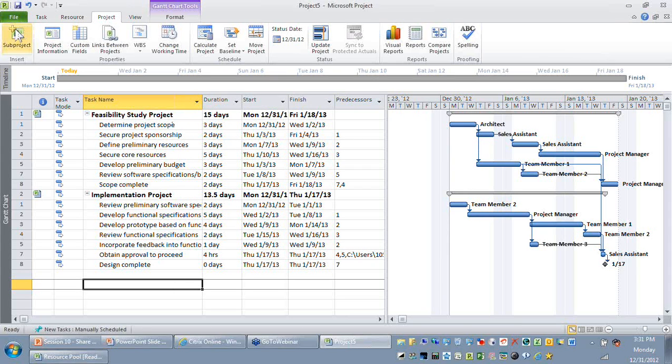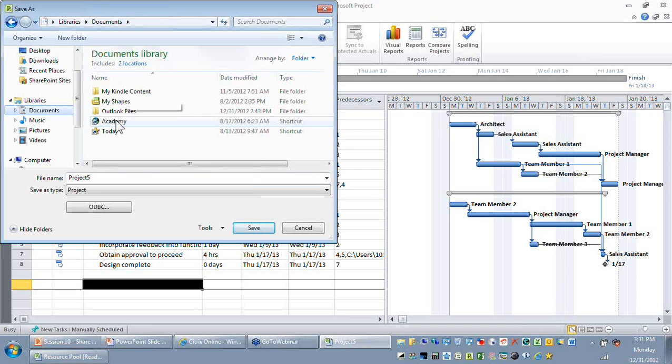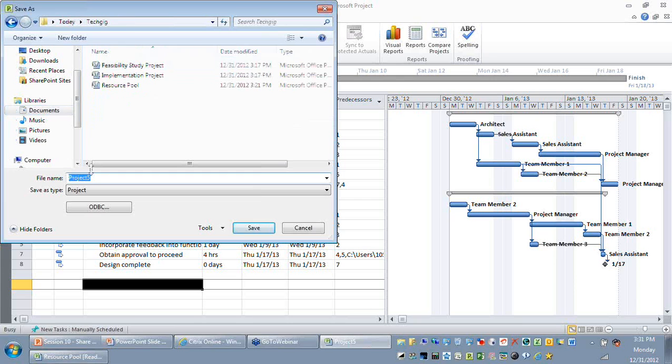And let me save this file. I'm just going to save it.